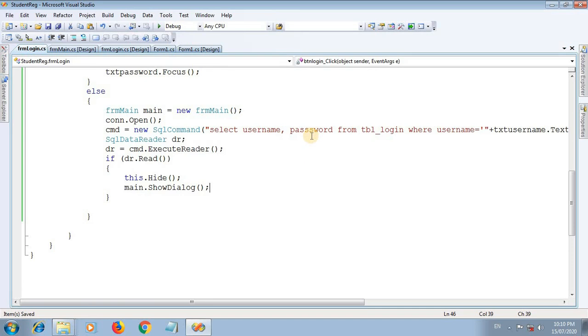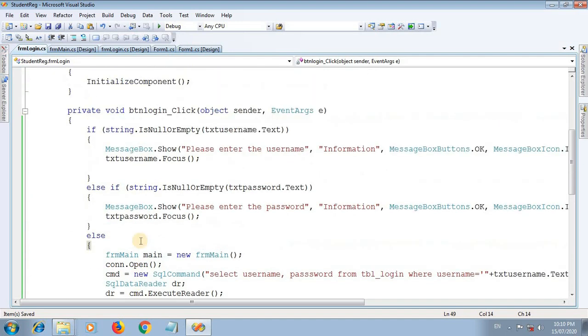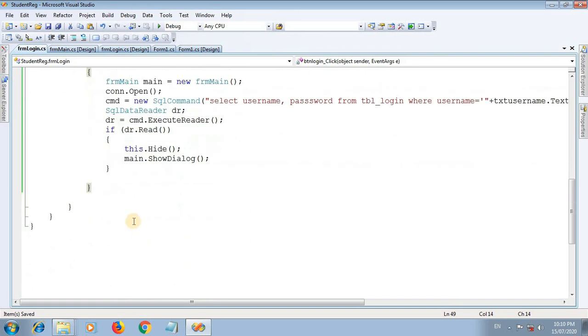If our username and password match with the database, then it will display the main form. Otherwise, you can use the else part. So this is our if else.